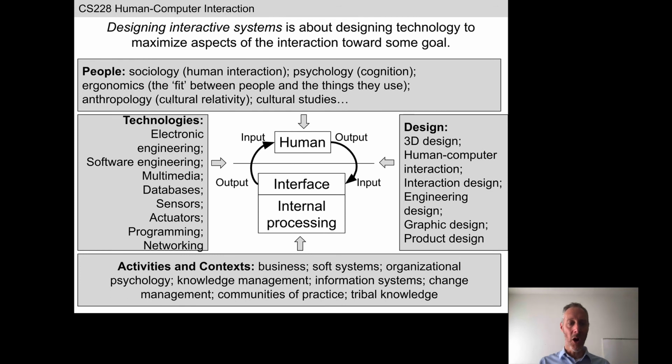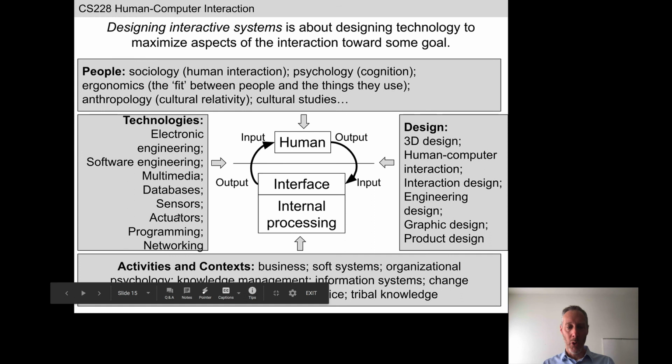Okay, culture also influences design of interactive technology. We'll talk about that later. Obviously, technological considerations also matter. We're going to talk about lots of different kinds of hardware platforms. It's going to require us to delve into electronics, software engineering, multimedia, databases, sensors, and motors when things can actually move, some coding, networking. These things we're all pretty familiar with. On the other hand, of the objective, straightforward technological considerations, we're also going to have to spend some time thinking about design and the subjective or the aesthetic sides of technology.